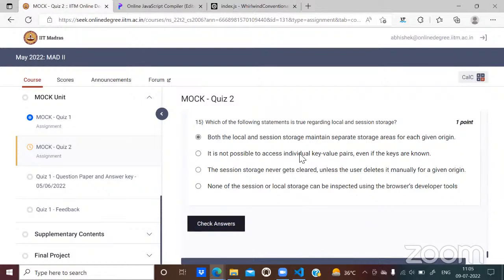The second option says it is not possible to access individual key value pairs even if the keys are known. Let's say you have stored a key value pair, the key is name and the value is Abhi.